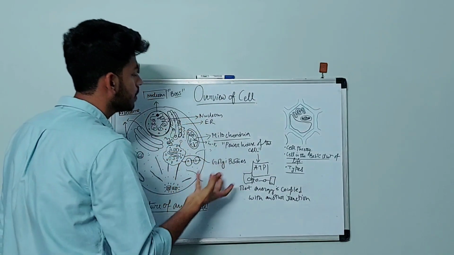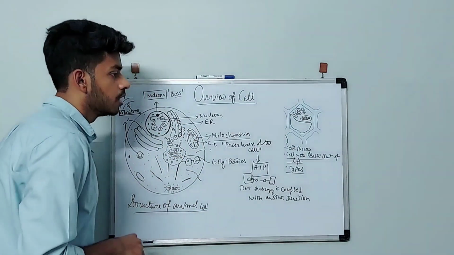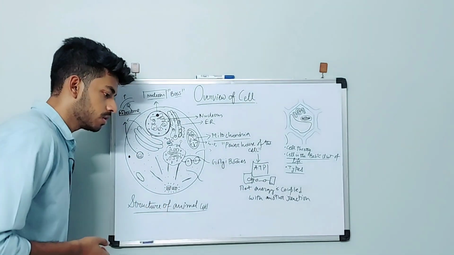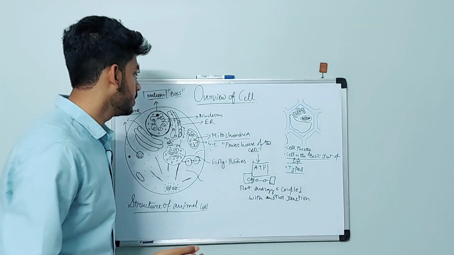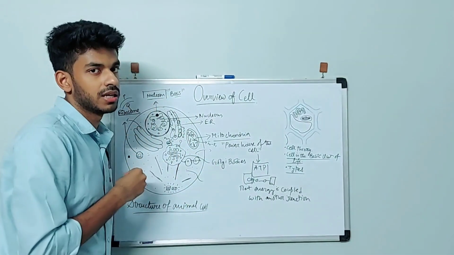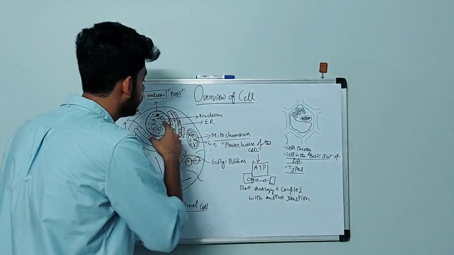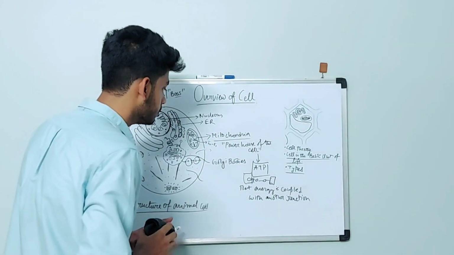Mitochondria is basically providing the power for each and every organelle that requires power to work. Just as we need food to eat in order to work, each of the organelles you are seeing in this picture requires energy, and that energy is fulfilled by this organelle, that is mitochondria. Okay,